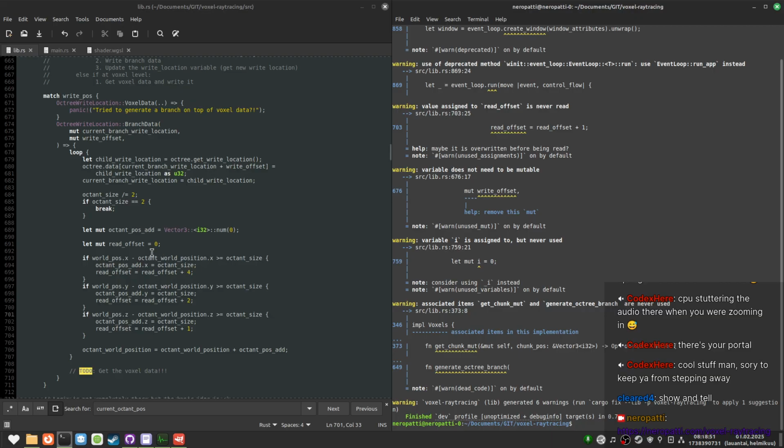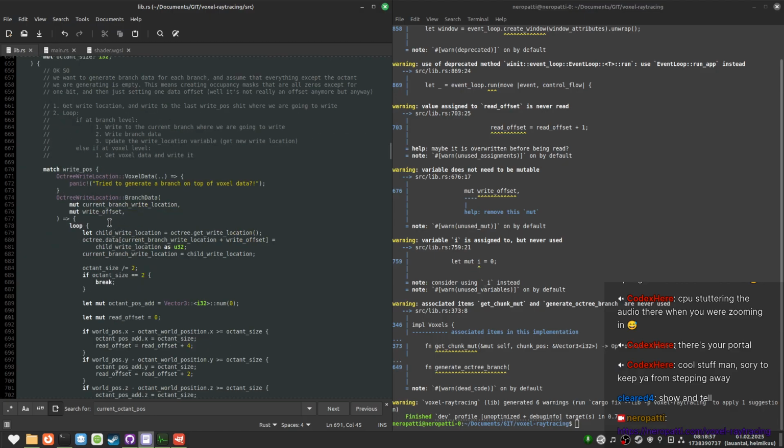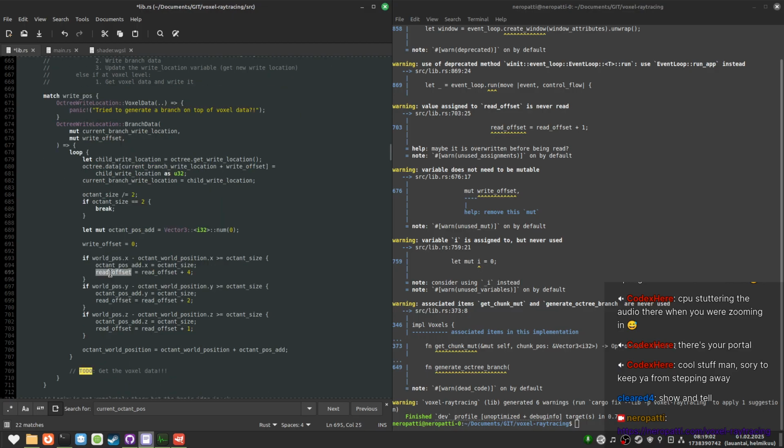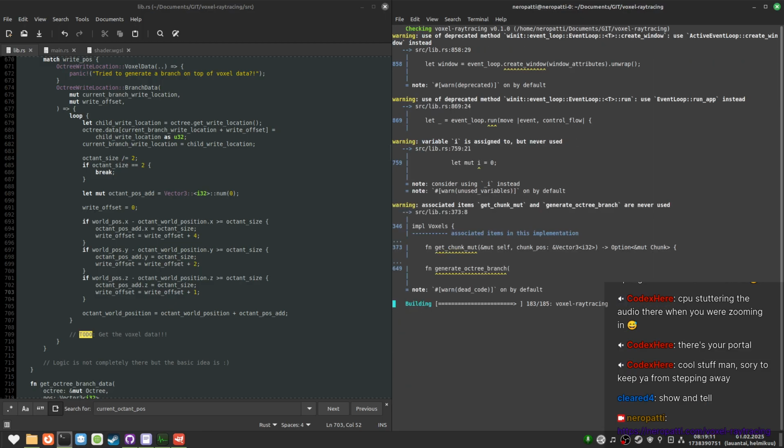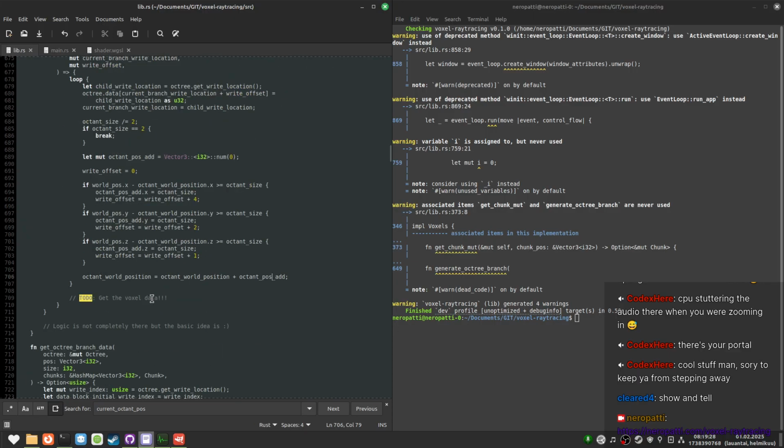Good. Nice. Now it's complaining even less. Octant world position is octant world position plus octant position add. Yes, yes, yes. Technically, this should work. Aside from the fact that we don't get the voxel data currently.